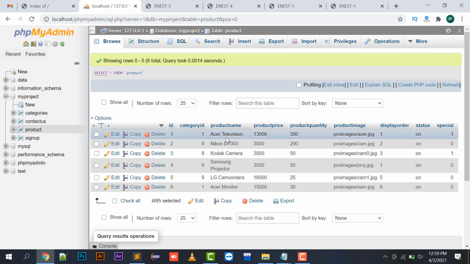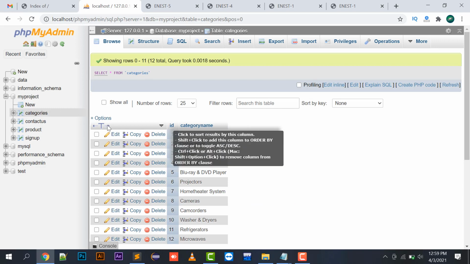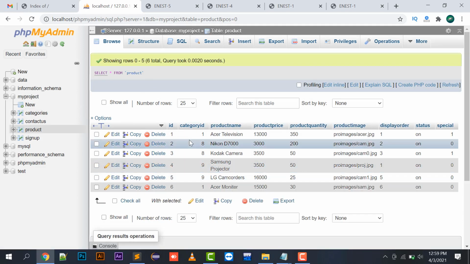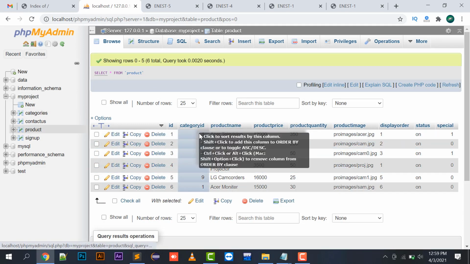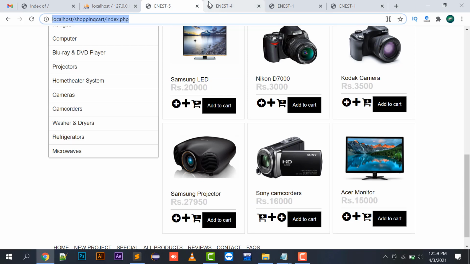So we have to avoid linking categories and products with the category name. Most of the time you have to bind both tables with your ID field, right? So in this way I have bound this products category ID column with the categories ID. Now I am going to display these products in my front end.